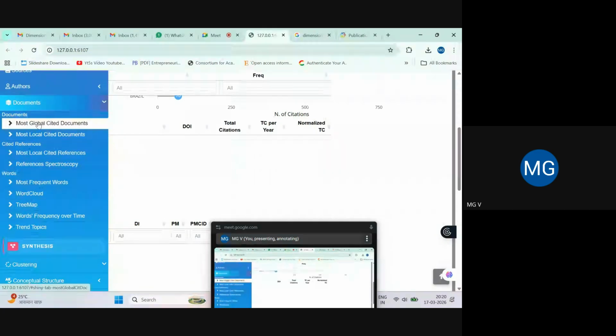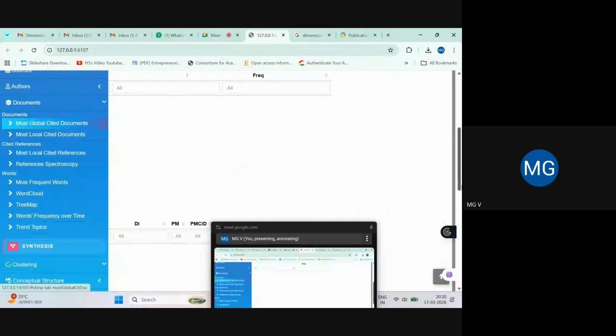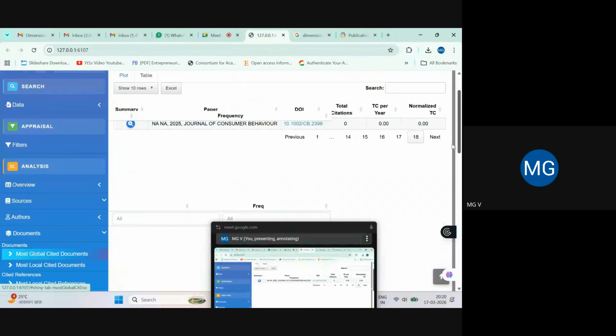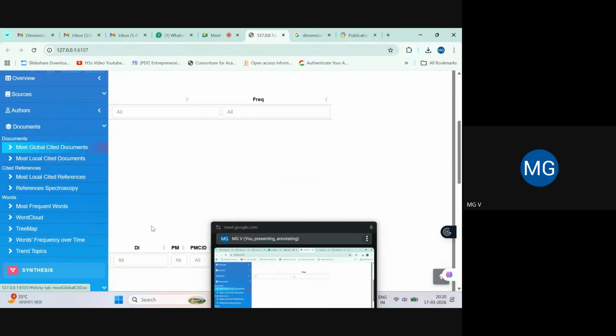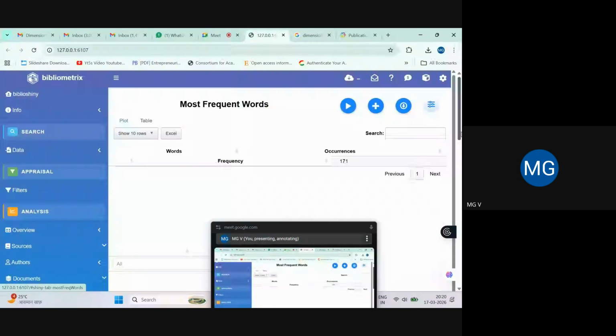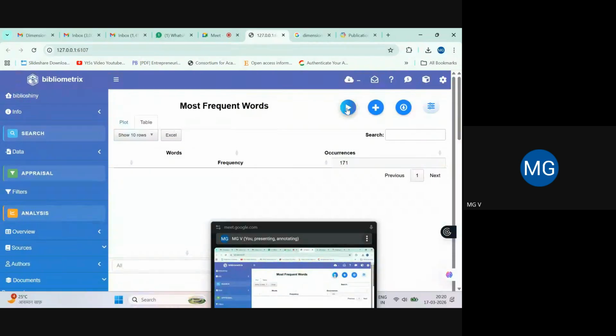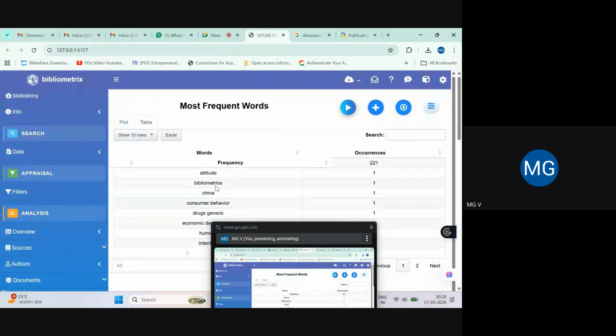Now we were going for this option, yes. Most global cited documents. Let us see if it responds. Okay. Then most frequent words. Let me see. Now see. Here we got the output.